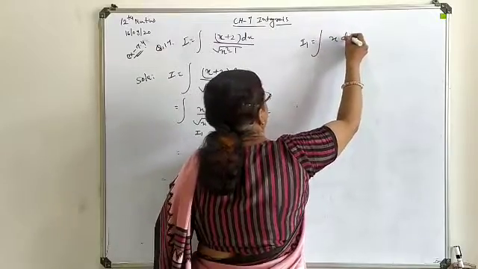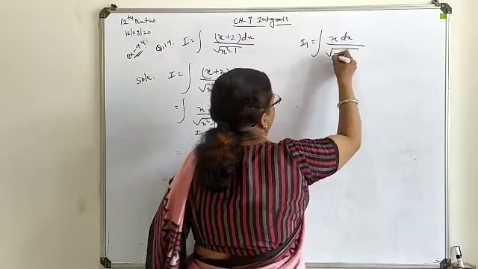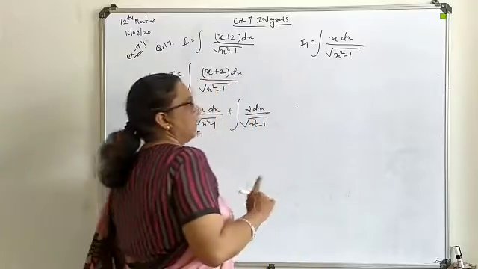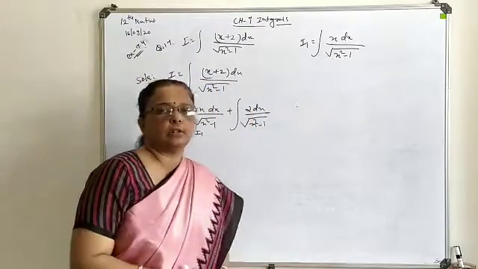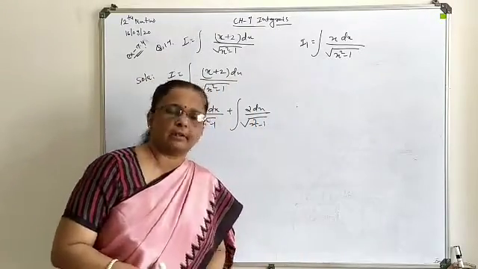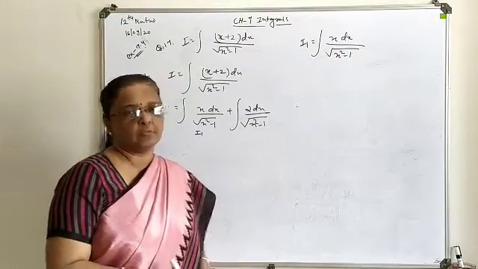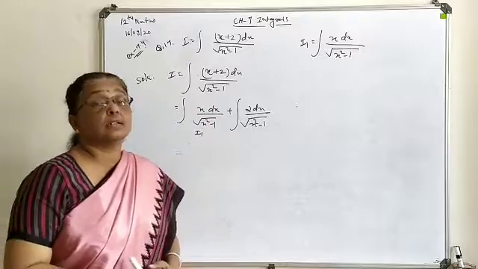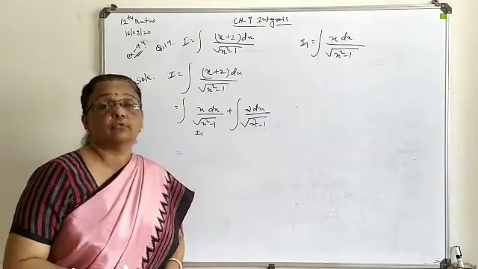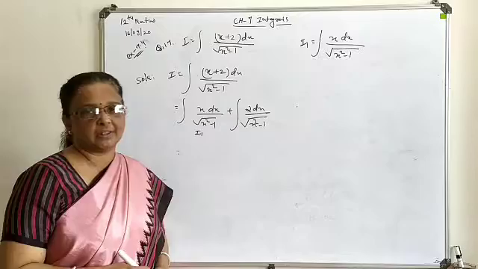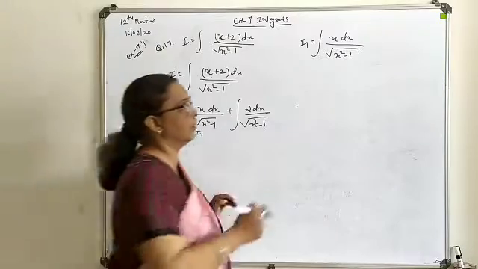This is x dx upon under root x square minus 1. If you look at the denominator term inside the square root, we have x square minus 1. If you suppose this as t, you can implement the substitution method here. dt is available to you, only the constant 2 is required, so that is not a big issue. So here we will take